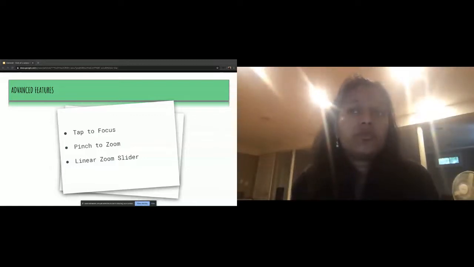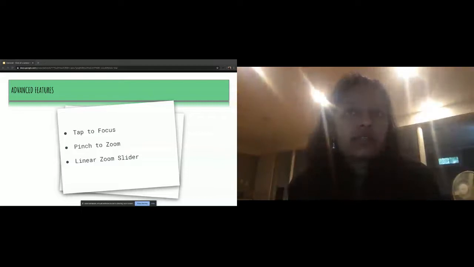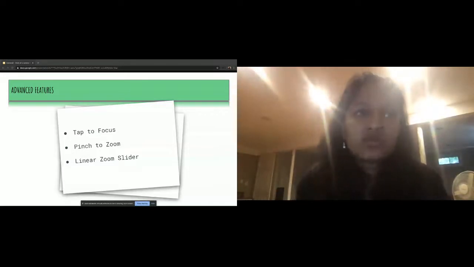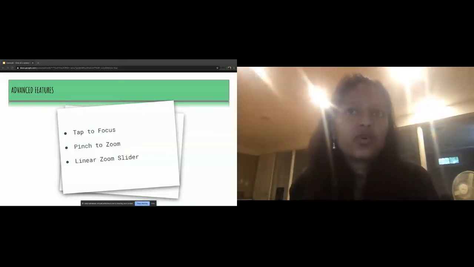So your pinch to zoom is literally implemented in just a few lines of code. Another example is linear zoom slider. So Camera X comes with its own set linear zoom method, which just takes a slider value and does the necessary zoom transformations on its own. So you can actually implement a linear zoom slider with just one line of code.